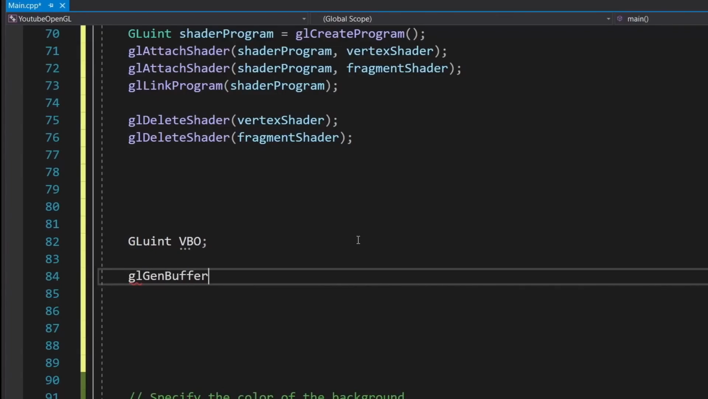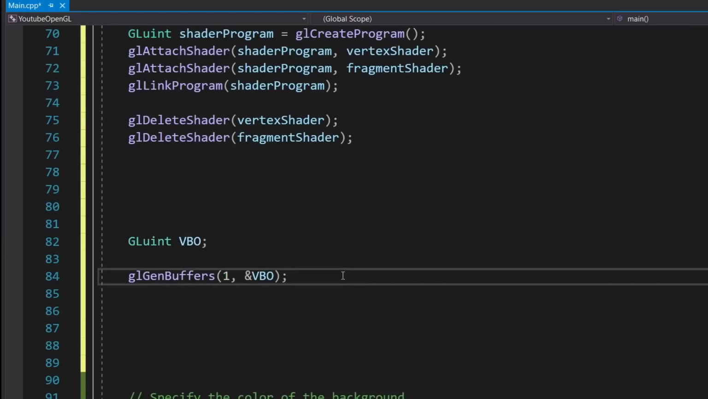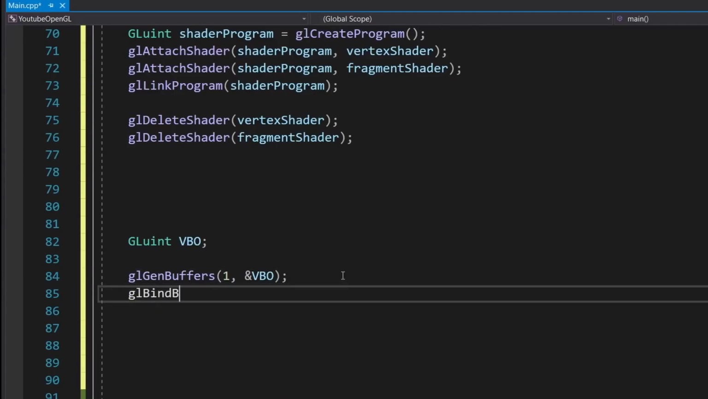and giving it 1 as the first argument because we only have one 3D object, and then pointing it to the reference. Now let me introduce you to the concept of binding. Binding in OpenGL means that we make a certain object the current object. And whenever we fire a function that would modify that type of object, it modifies the current object, aka the bound object. So now we'll just bind it using glBindBuffer and giving it GL_ARRAY_BUFFER and the